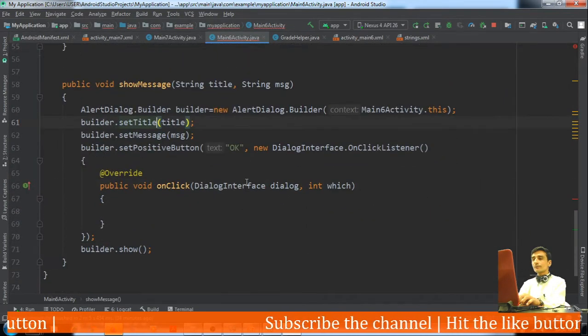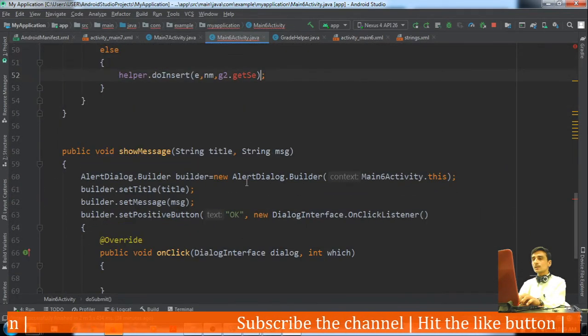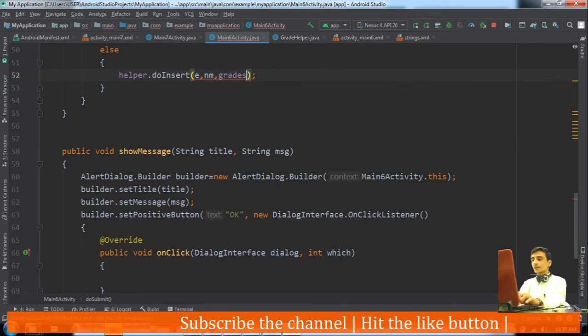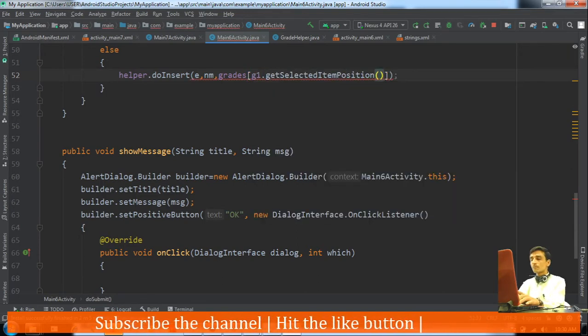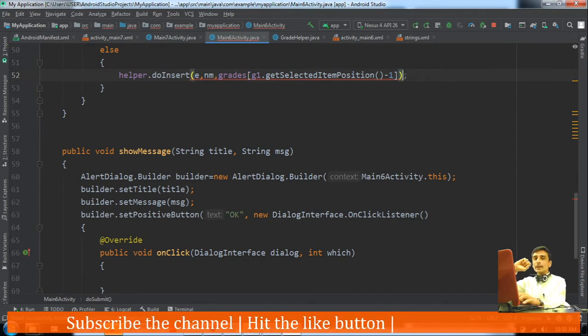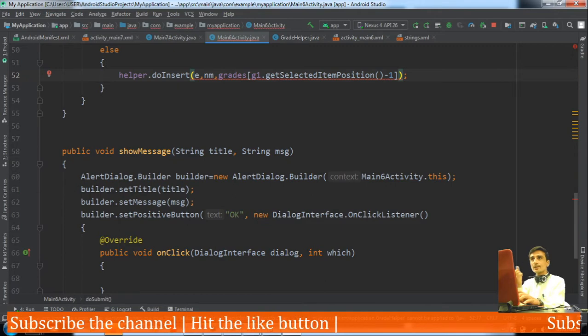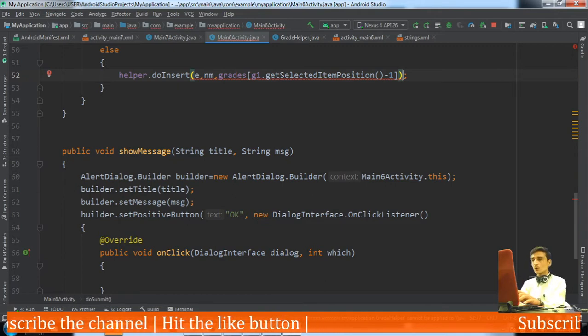So here instead of passing all the data, what will we do? grades of, what is the element? G1.getSelectedItemPosition - 1, because in our resource AA is at position 1, whereas in our array it is at 0. That's why I have done -1 here.